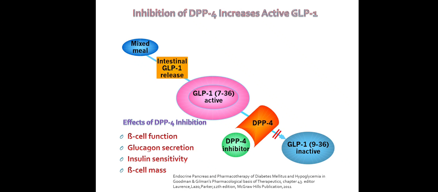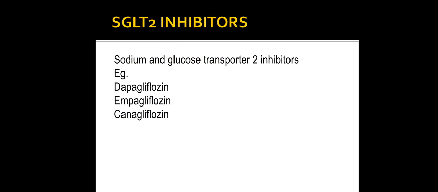The effects of DPP4 inhibition are improved beta cell function, decreased glucagon secretion, improved insulin sensitivity, and it maintains the beta cell mass. Moving on to the next group of drugs, these are the SGLT2 inhibitors. So this is another mechanism of action by which you can bring about a decreased blood sugar. That is the sodium and glucose transporter 2 in the kidney. The examples of SGLT2 inhibitors are dapagliflozin,